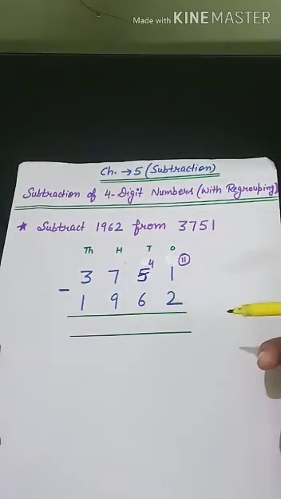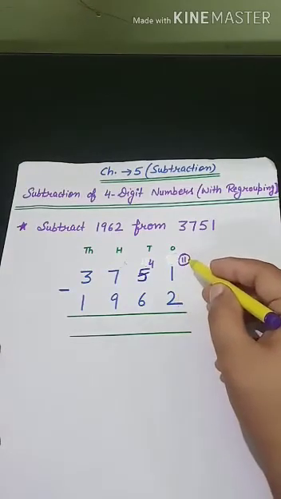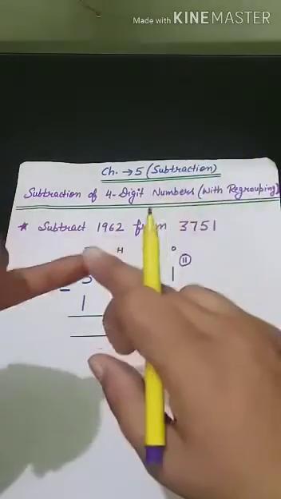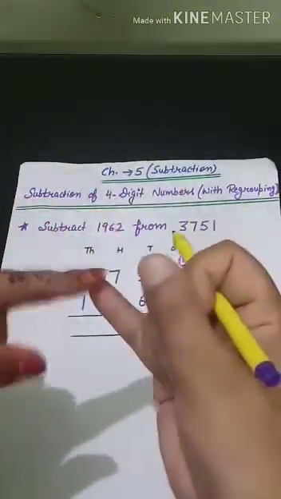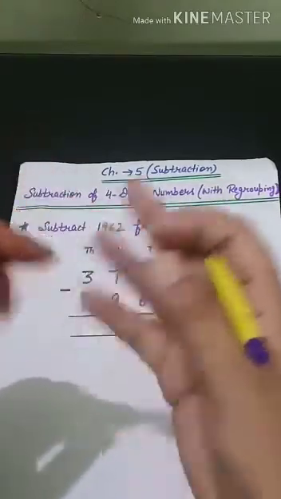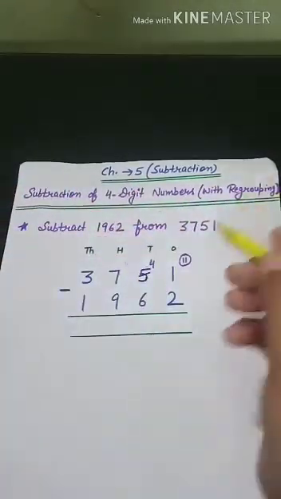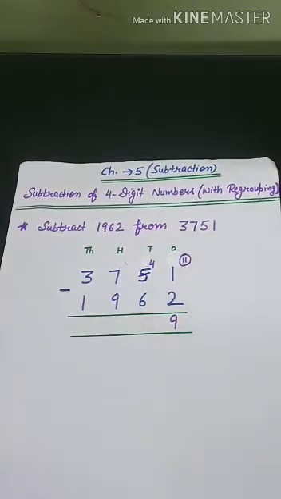So how we will subtract? Count on your fingers after 2 till we get 11. So after 2, 3, 4, 5, 6, 7, 8, 9, 10, 11. 5 these fingers, 4 these fingers. So 5 and 4, 9. 9 fingers I have used. That means 11 minus 2 is 9.